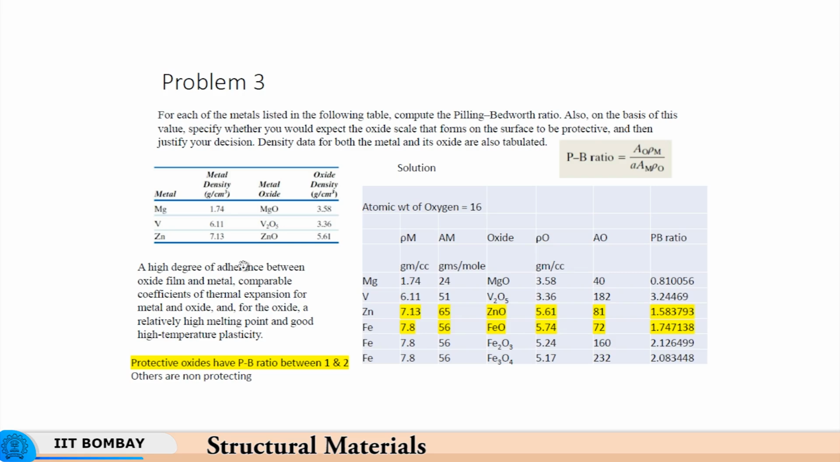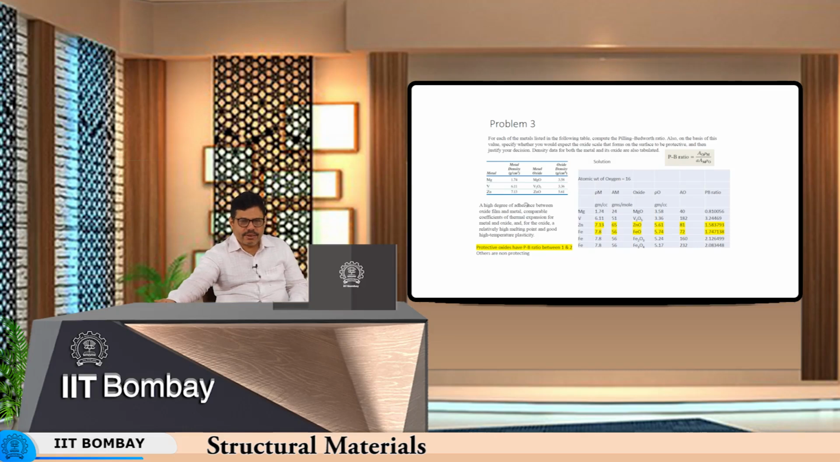Typically, protective oxides have a Pilling Bedworth ratio between 1 and 2. If the Pilling Bedworth ratio is less than 1, it means that... A_oxide, the atomic weight of oxide, into density of metal, divided by A_metal, atomic weight of metal, into density of oxide. So, if this ratio is less than 1, it means the oxide is going to be porous in nature, right. The oxide is going to be more porous, because the